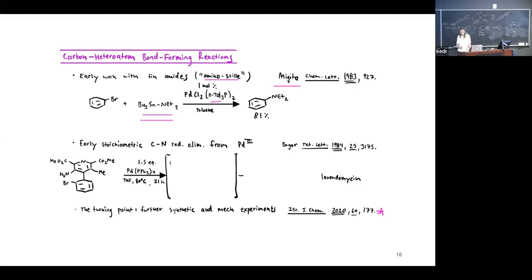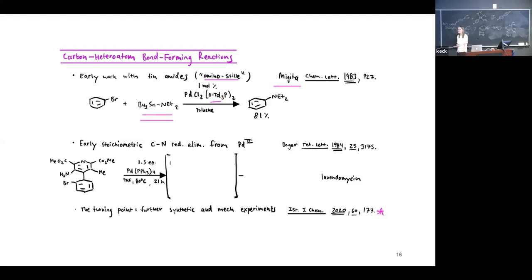So ligand scaffolds are really important here and have played a huge role in order to bring these reactions to efficient and modular systems. The first or early work on forming amines using transition metal catalysis was actually published by Migita, who we met in the Migita-Stille coupling using tin reagents. So these tin amides, they found that they could use as transmetalating reagents to form these anilines, but the result